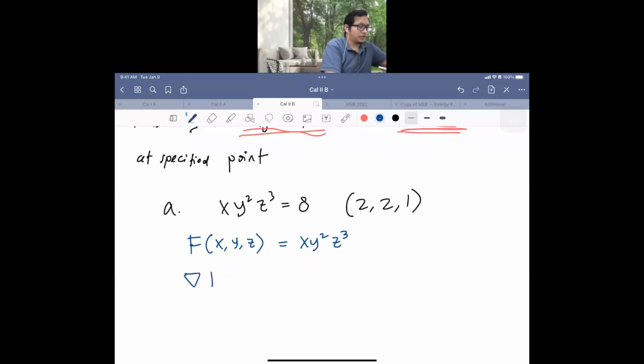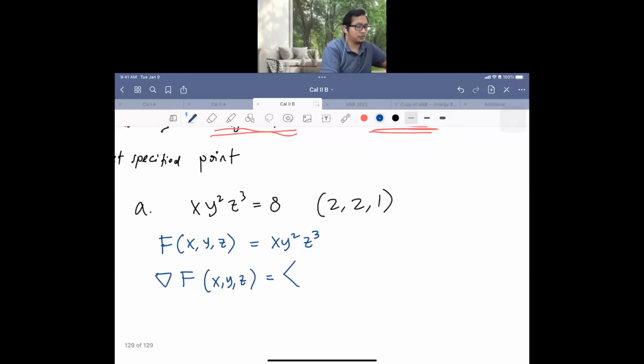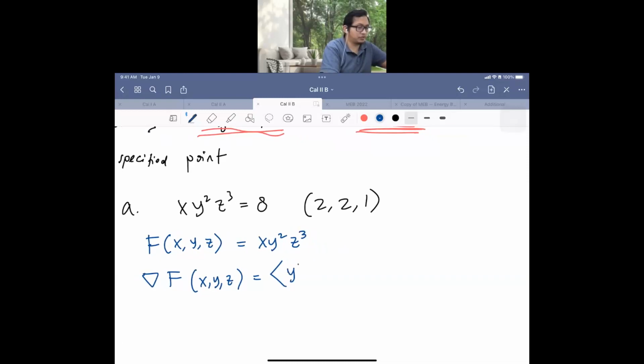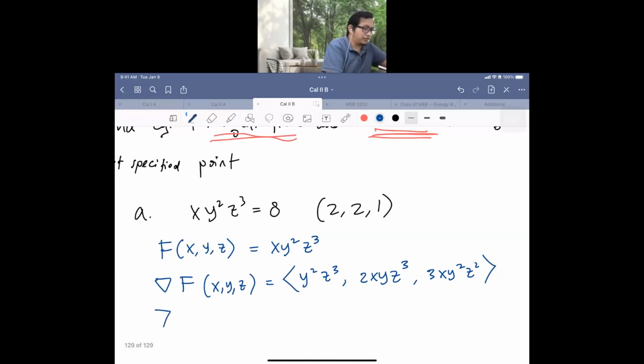Now if we take the gradient vector, then we will have partial x, we will have y squared z cubed, and then 2xy z cubed, and then 3xy squared z squared for partial z. And at point (2, 2, 1), we will get this will be 4, 2, 2, 4, 4,